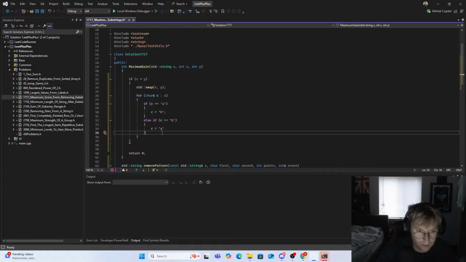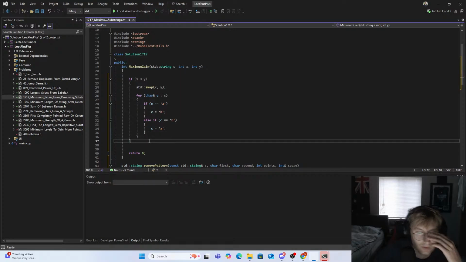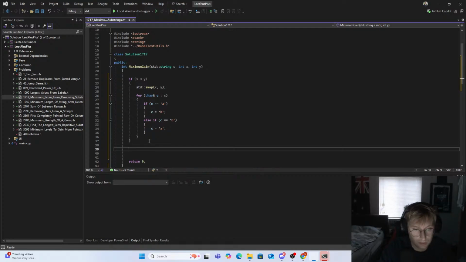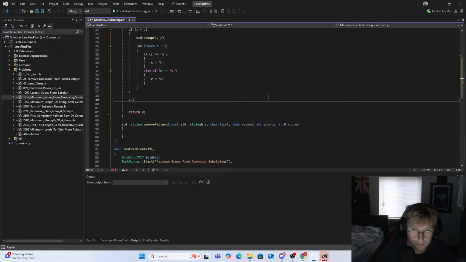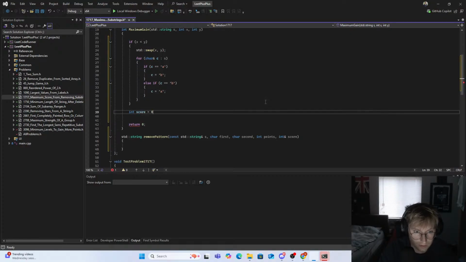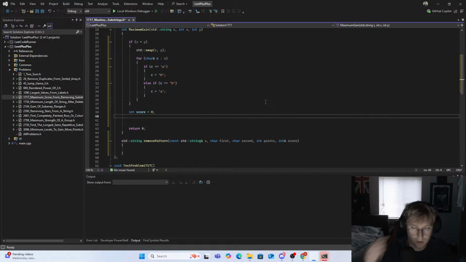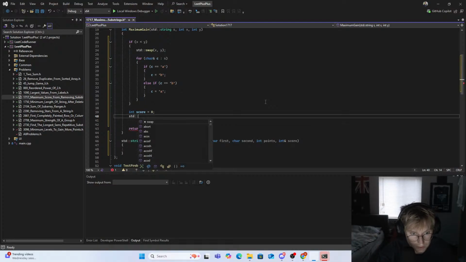We swap our values here. We forgot our semicolon. We have an if here. What do we want to do here? And then we want to initialize our int score equal to 0, right? We want a string result is equal to